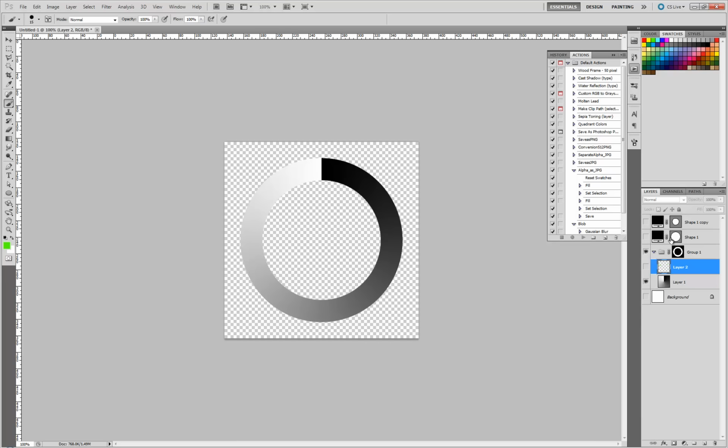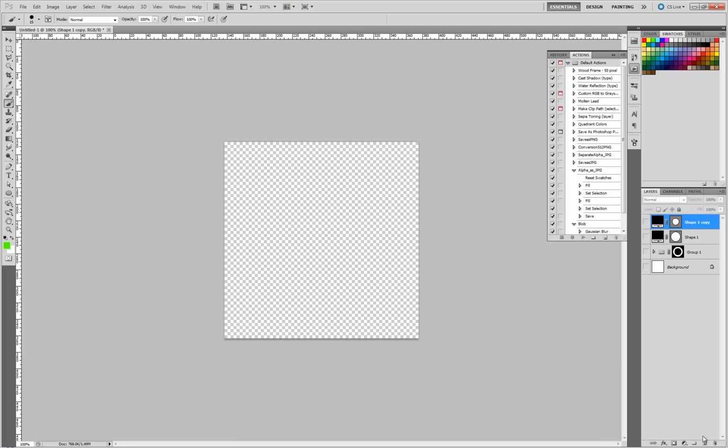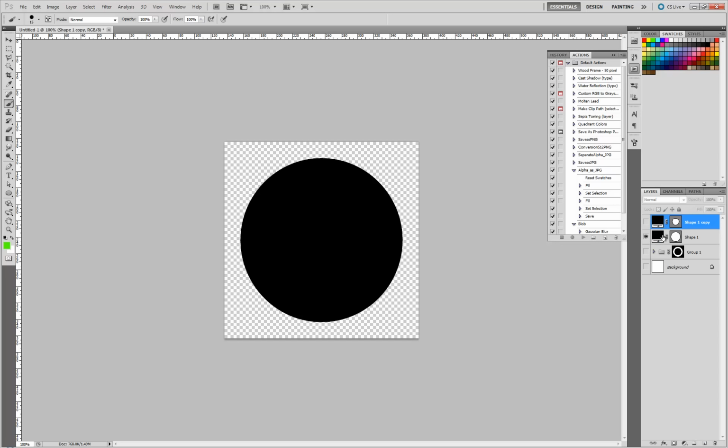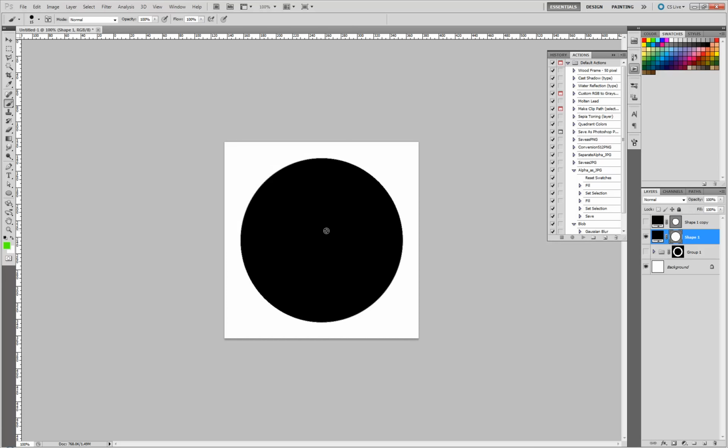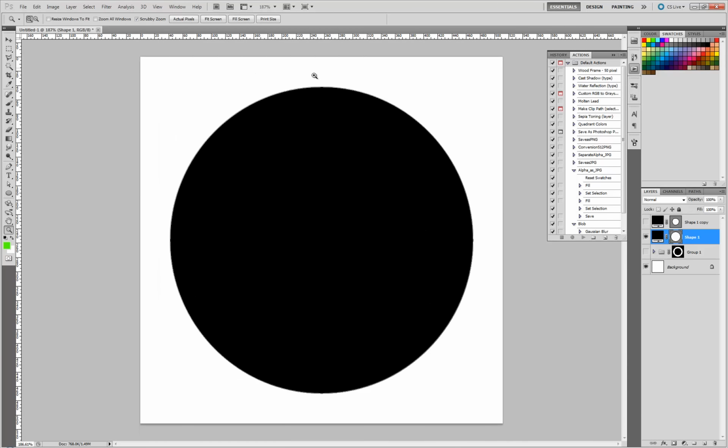So the other method is what I use in Flash, and I'm going to try to show it and explain it here in Photoshop, and if I can't do it, I may actually open up Flash and show it there. It being like a vector-based thing. So the theory is that you actually don't do any kind of material weirdness, except for the fact that what we need to do is some rotation in the material. And the trick is to simply